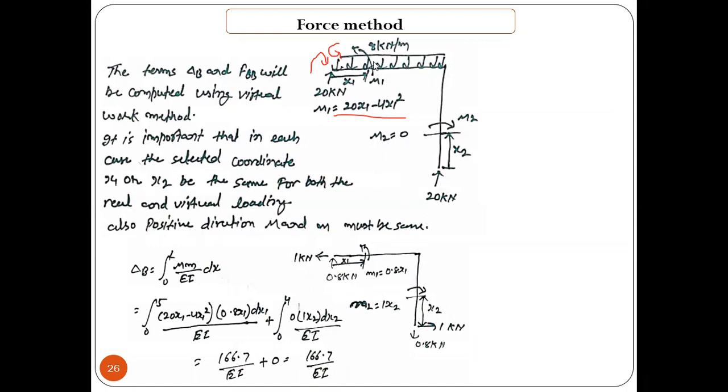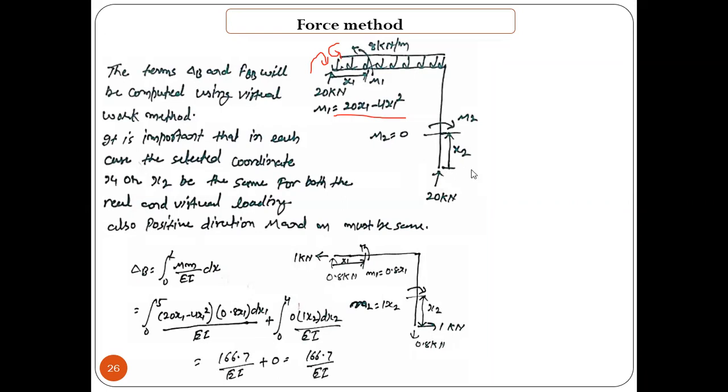The sign convention that we considered should remain the same here. Taking clockwise as positive, this value is coming. In the downward direction, this load is again m2. There is a cut section, and this will try to rotate anti-clockwise, plus a minus m1x, that side will go, and your value will come out to be 1 x2.